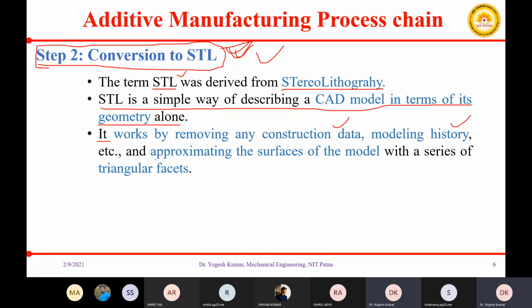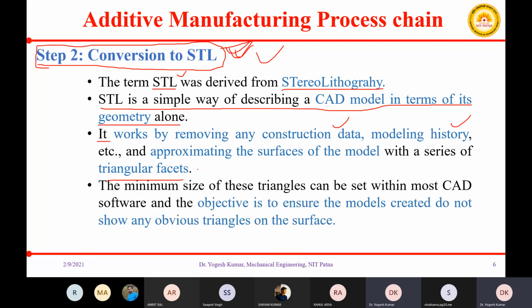And how is the model approximated? The approximation takes place in the form of the surfaces of the model with a series of triangular facets. I will demonstrate how we can create an STL file using any CAD modeling software.